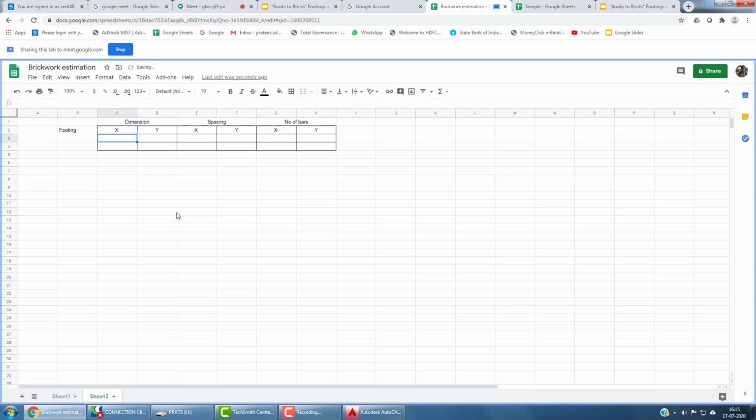Okay. So our first column was 1.5 meter by 1 meter. If you want, you can write in the bracket "along". Along x direction it was 1.5 meter. Along y direction it is 1 meter. I want you guys to prepare a table like this. Do you want time? I'll wait if you want time.